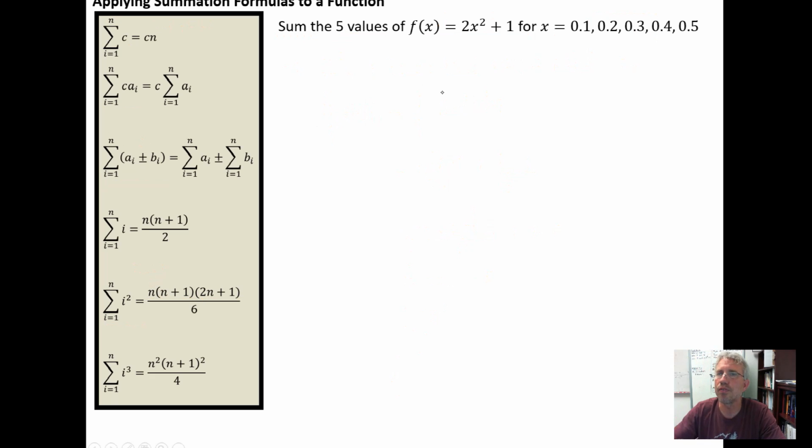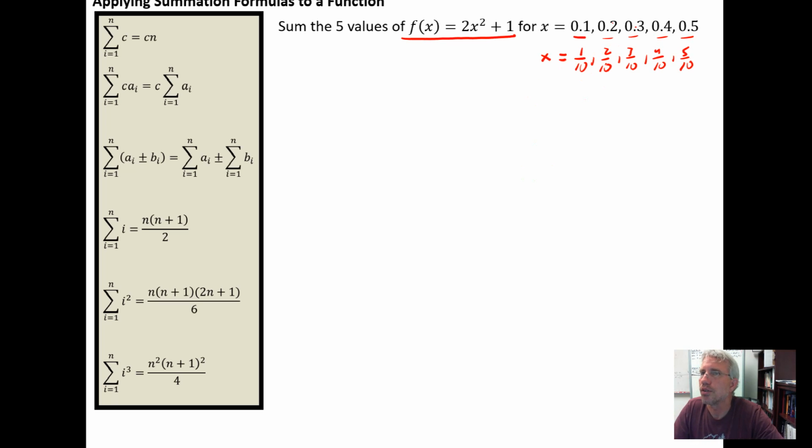So we'll look at a slightly more complicated example. We'll keep the same function, f of x equals 2x squared plus 1. But now we want to take the sum from x equals 1/10, 2/10, 3/10, 4/10, 5/10, 1/10 out to 5/10. So what I want to do is think about this flexibly. I want to think about this as being 1/10. This is 2/10. 0.3 is 3/10. 0.4 is 4/10. And 0.5 is